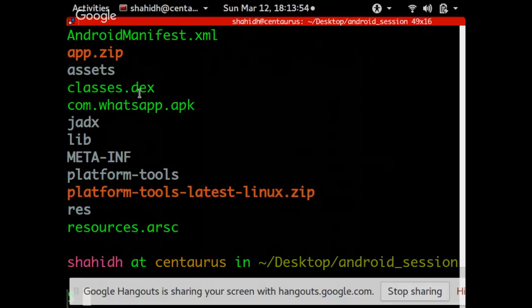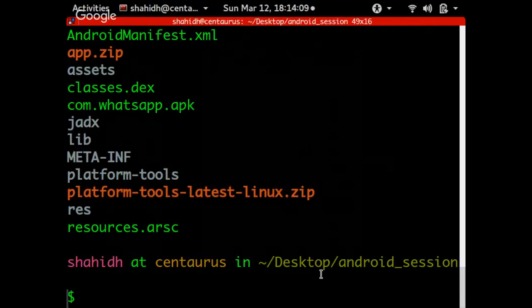Now that you know how the Android app structure is, consider this phone. There are a lot of apps running in the background. How many of you know that every 10 seconds your location is shared with Google? You know that? You have something called location history, and you can disable it. But even then,